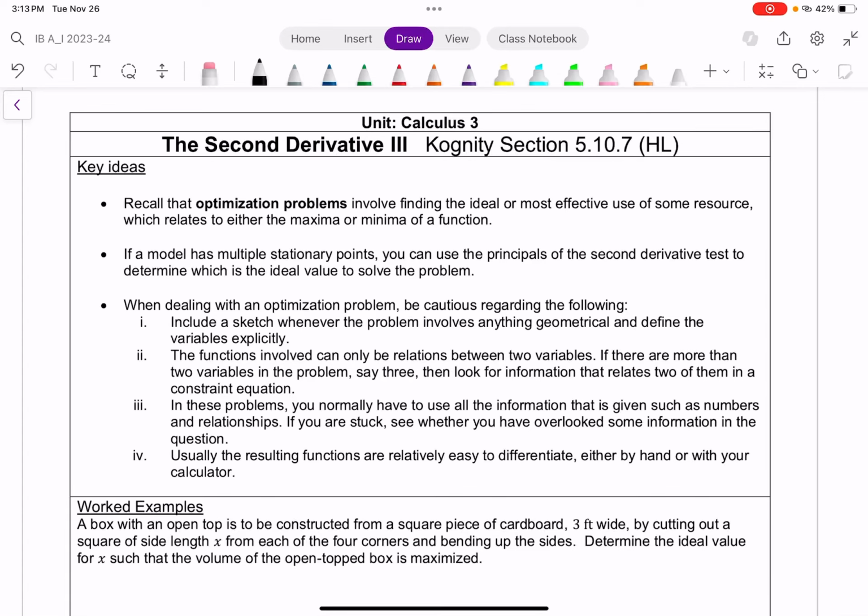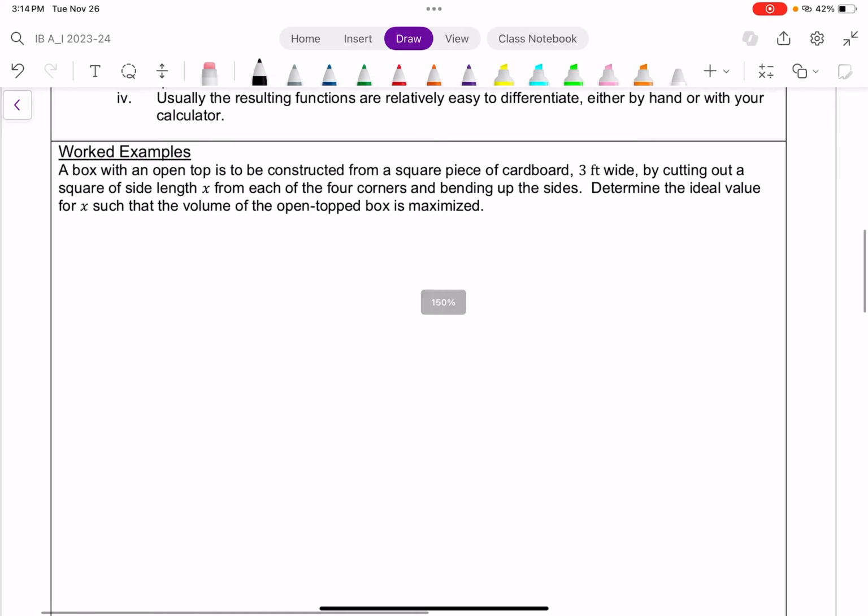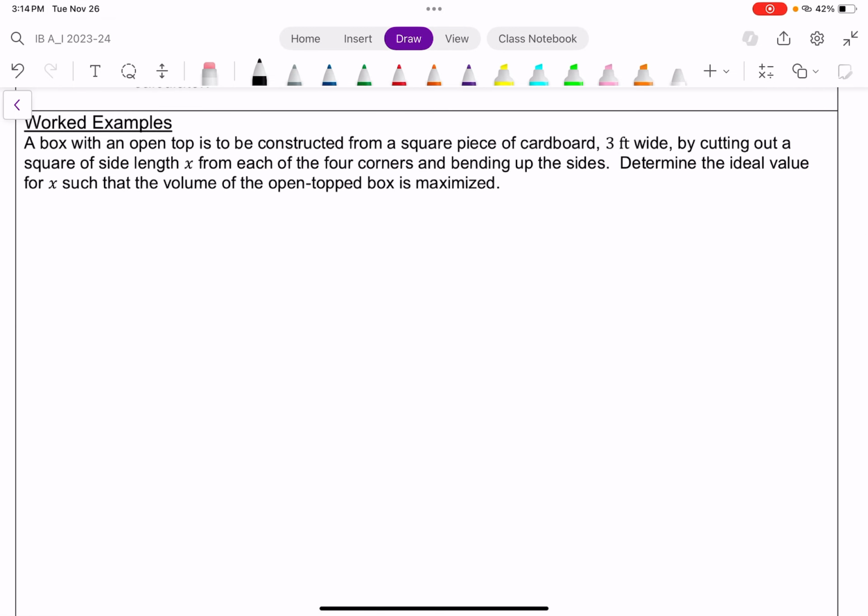All right, so while technically this lesson's continuing our look into the second derivative, it's really more a return to optimization problems, in which we have a few more tools if we want to use them to solve these problems. But let's just get at some examples. And this one here, I believe we actually did in class at some point. Pretty sort of classic type of